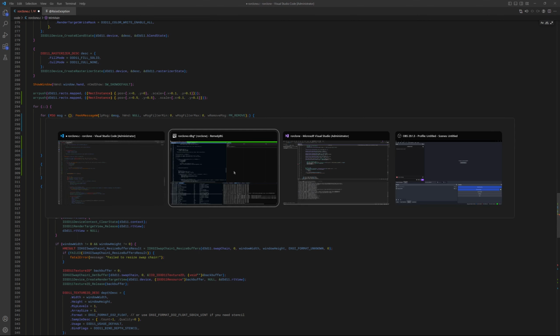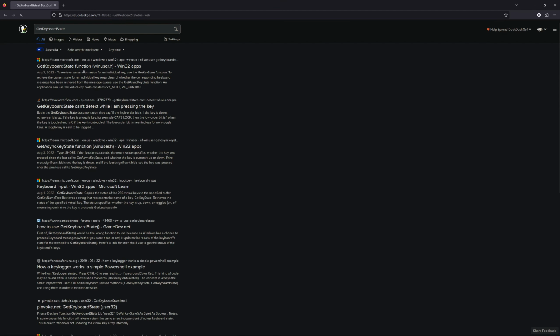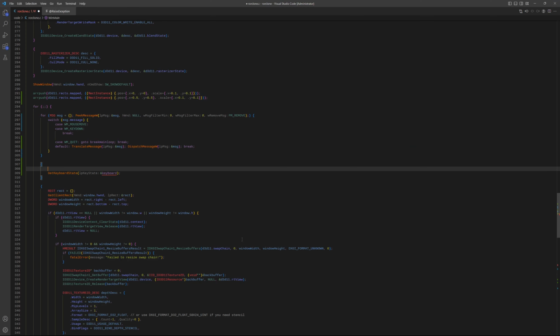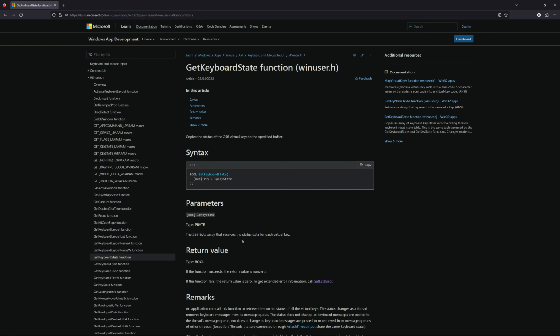Okay, so let's find out what this is. 256 byte array. Well, I guess you wait. Keyboard 256. Okay, so we just get keyboard state, and then